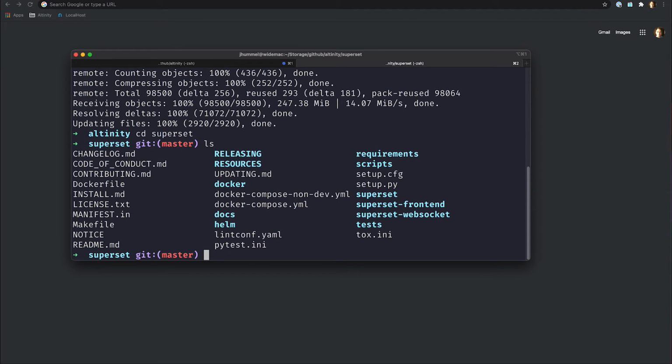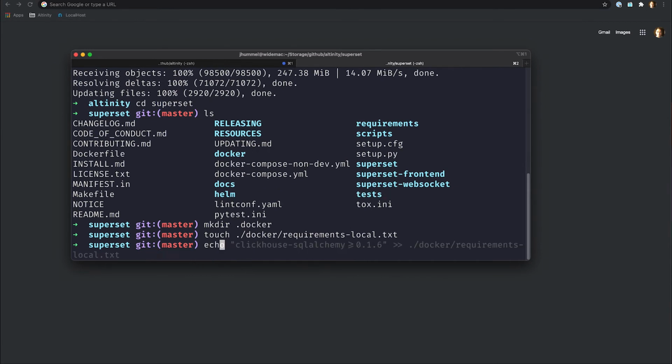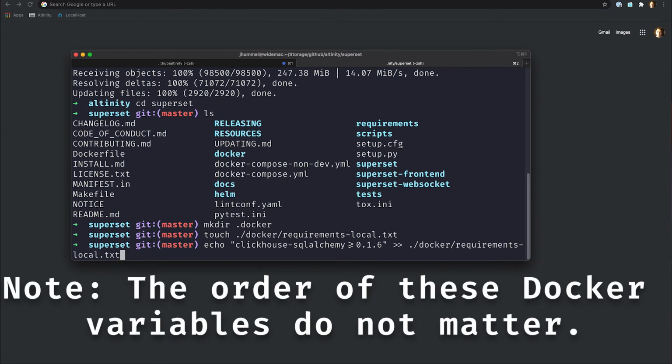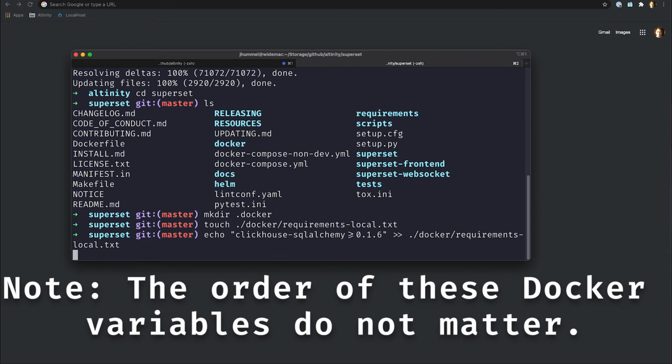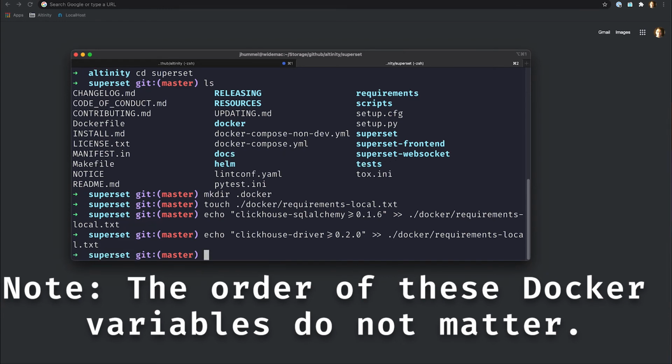Create a directory called .docker, then create a file for local requirements to ensure that the ClickHouse driver and the ClickHouse SQLAlchemy driver are the right versions. You may not have heard me say this just a few minutes before, but these are going to be used to connect Superset to your ClickHouse database. touch .docker/requirements-local.txt, echo clickhouse-driver>0.2.0, piped into .docker/requirements-local.txt, and echo clickhouse-sqlalchemy>=0.1.6, piped into